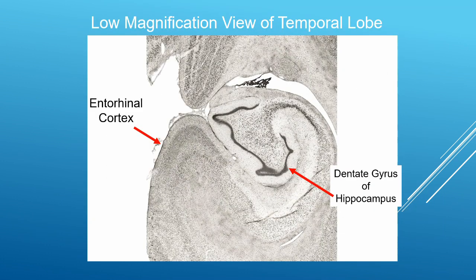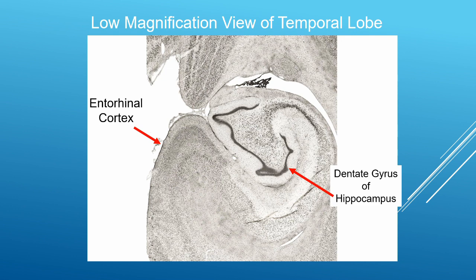Here we have a cross-section of an actual brain, and we can see two major components of it. The outermost part of this temporal lobe is an area of the cortex called the lateral entorhinal cortex. Nerve cells in this part of the brain project to many parts of the brain, but particularly nerve cells project to another structure deep to it, which is called the hippocampus. And the hippocampus is a complex arrangement of nerve cells organized into several layers. And one of the layers is a particularly dark staining layer of nerve cells called the dentate gyrus of the